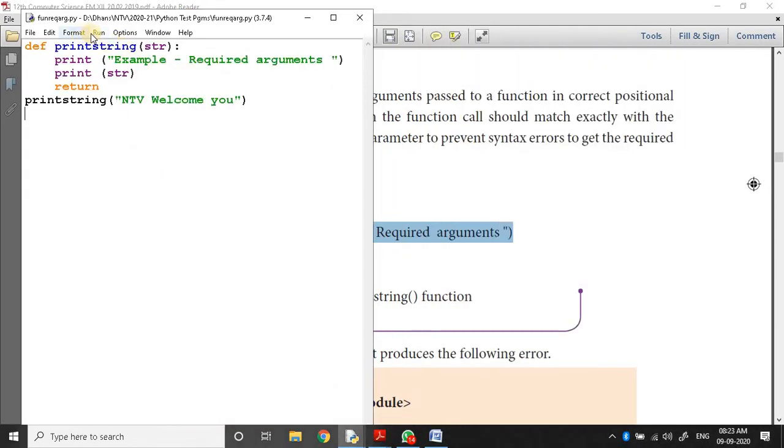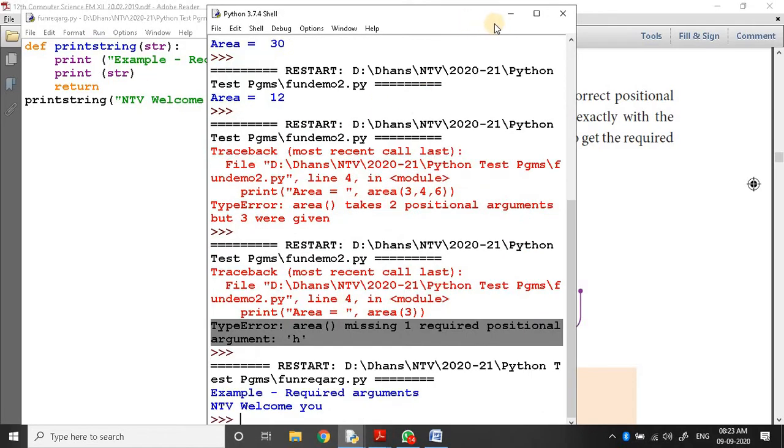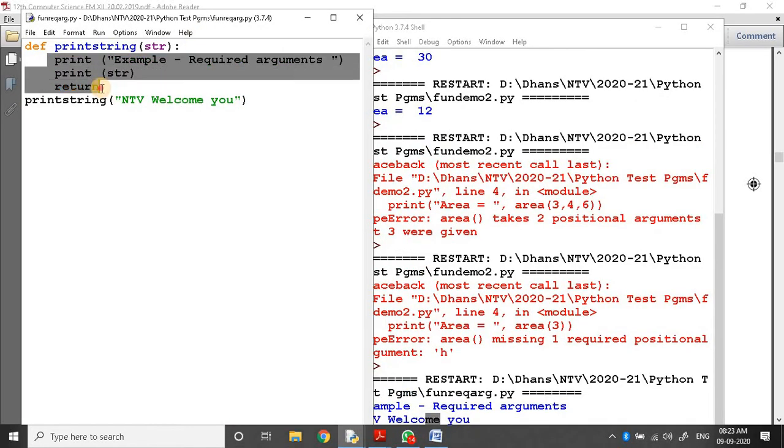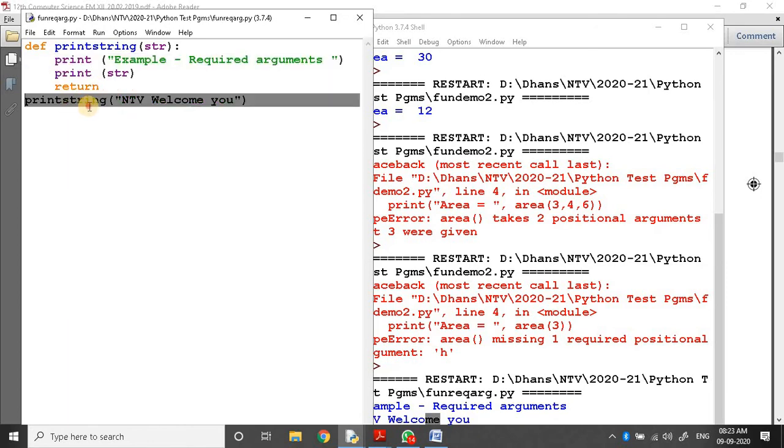If I execute this program, run module, what is the output? Example required arguments NTV. So this function definition consists of 3 statements. Only one main program statement calls the print string function directly. While calling this function, only one string value is passed to this str string variable.